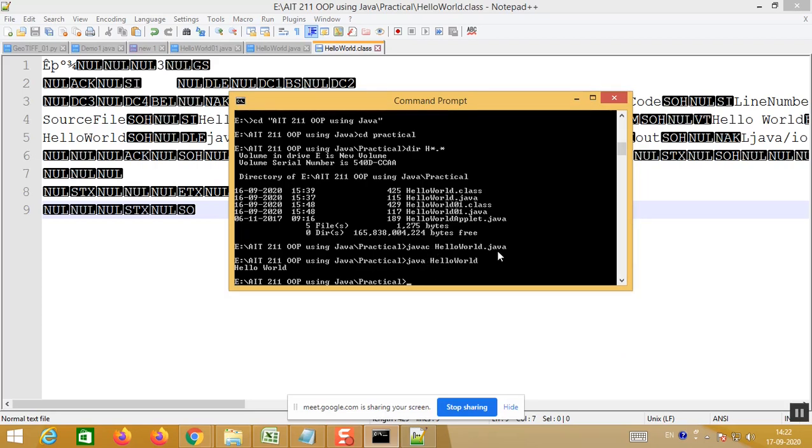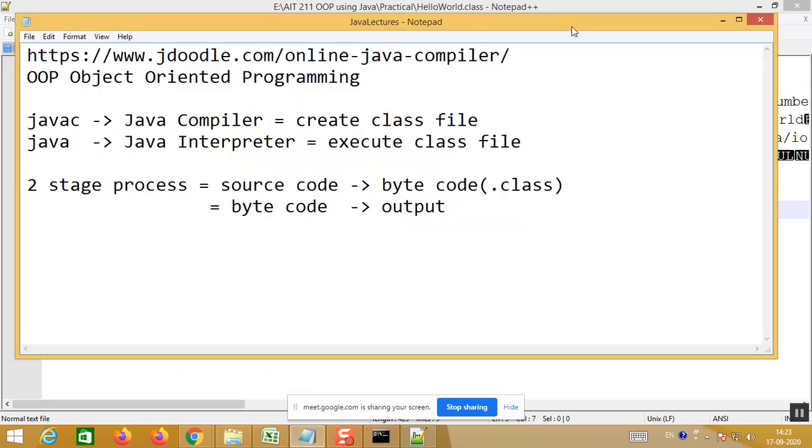First you have to compile your program, and next you have to execute it. For that there are two software available in Java: javac to compile it, and java to execute it. The Java interpreter will execute it, and the Java compiler will compile it.